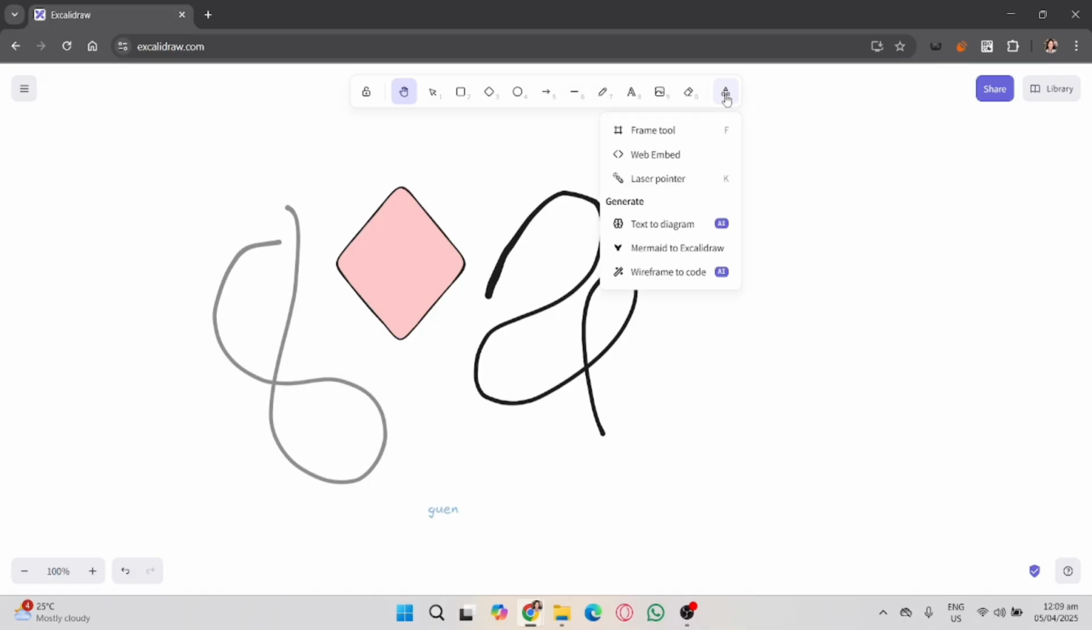And then for more tools, we have a frame tool, web embed, and a laser pointer. So we can also generate a text diagram using AI, and a Mermaid to Excalidraw, and a wireframe to code. And that's it. That's how to